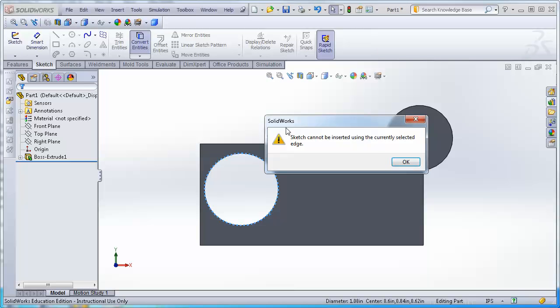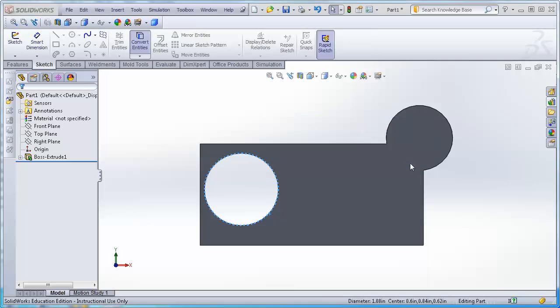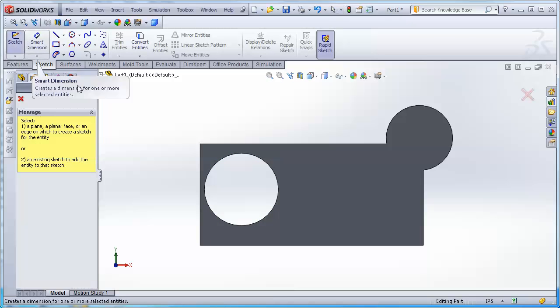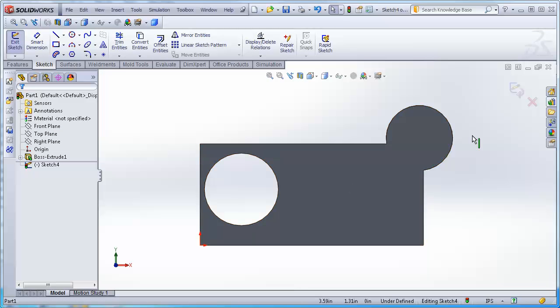Let's see, convert entities. Looks like I missed it. Okay, am I in the sketcher? This does not. Okay, I guess I didn't actually go into the sketcher. There's my sketch plane. Now I'm in the sketcher. Convert entities. I will select on